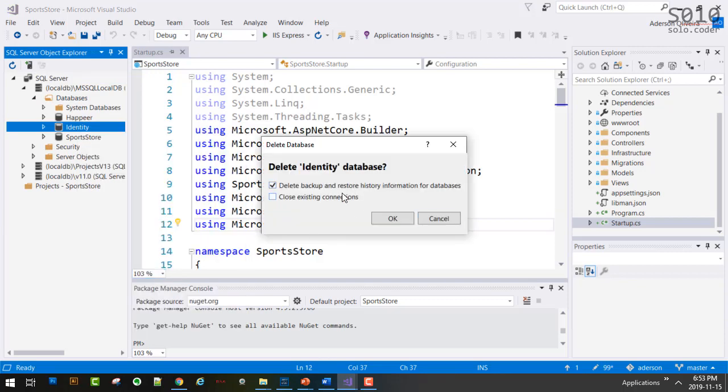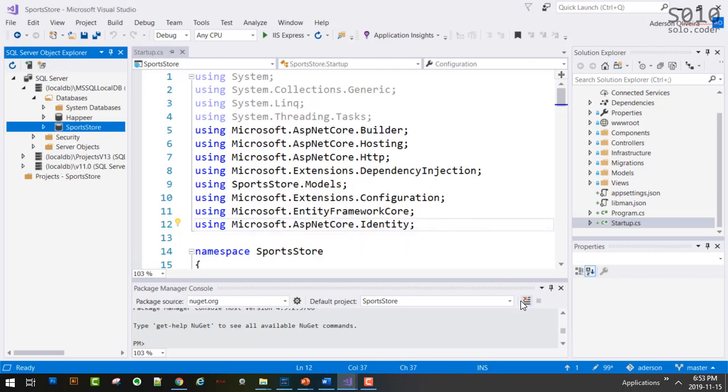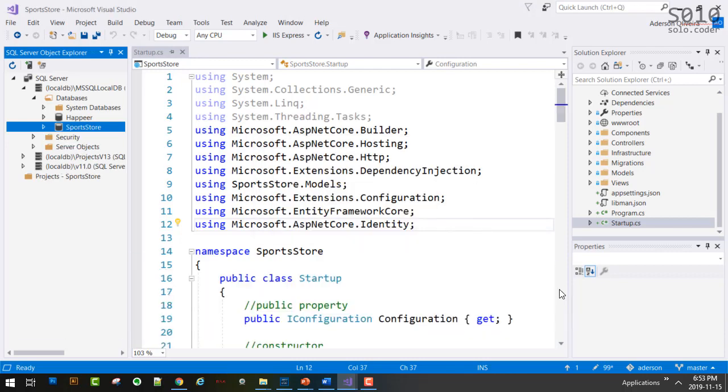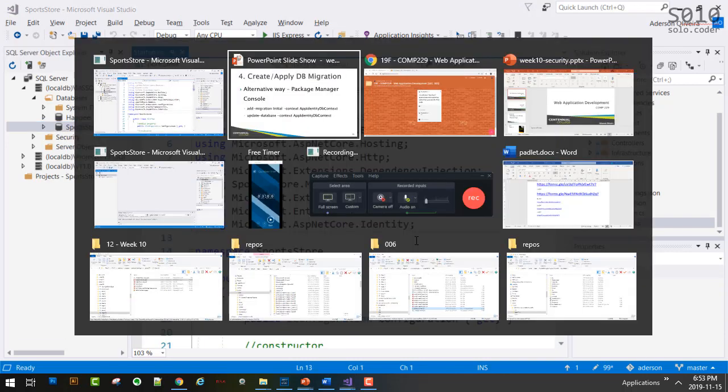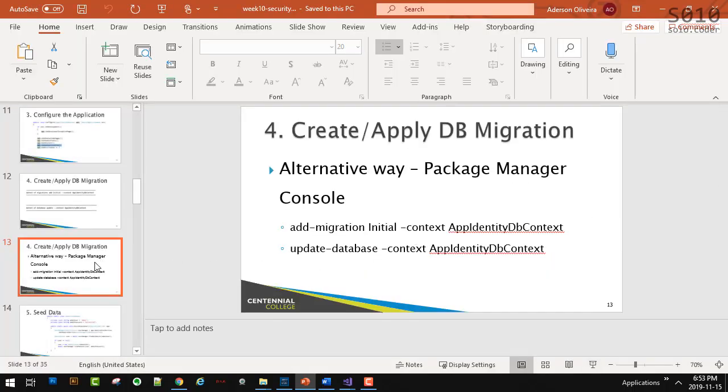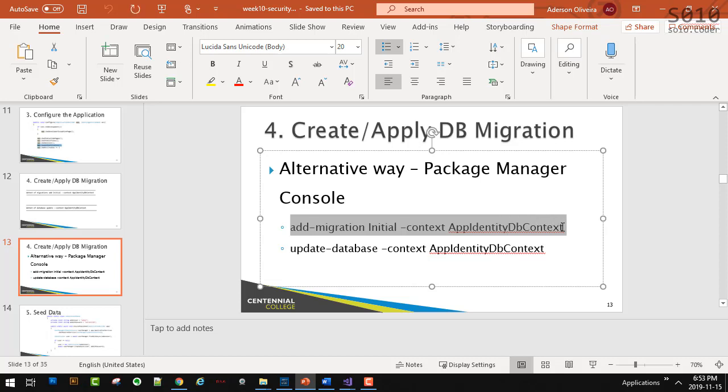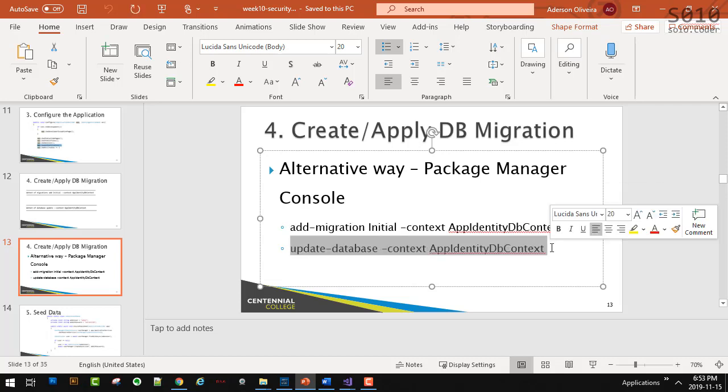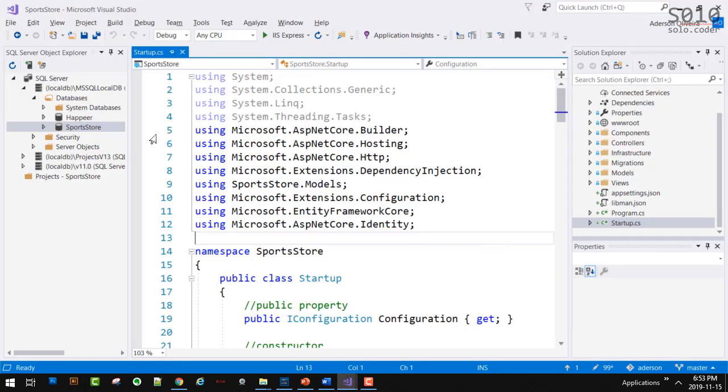I'm going to delete because I want to recreate and demonstrate how to use package manager. I'm going to close this. So I'm going to use that command over there. I have already the migration scripts created, but I want to update the database. I want to create the database of the identity information. Again, I just deleted it to demonstrate.